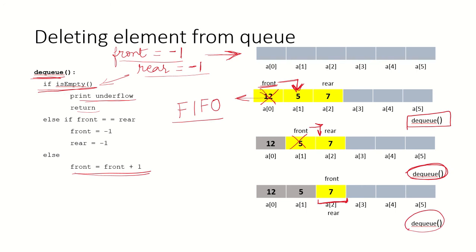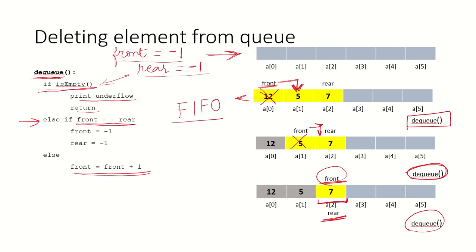And how can one element be checked in the queue? If front and rear are both the same, that means there is only one element in the queue. If we delete this element, the queue will be empty. So this condition also needs to be checked: if front is equal to rear, the queue would become empty.